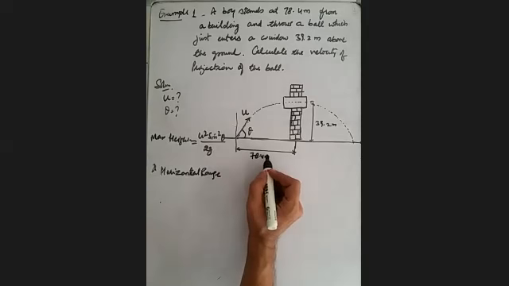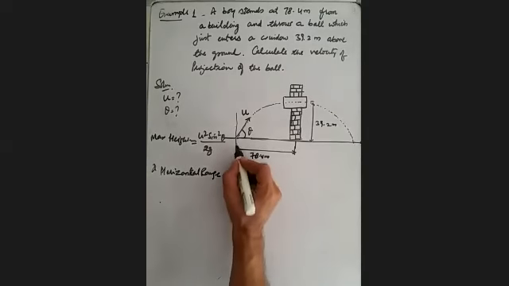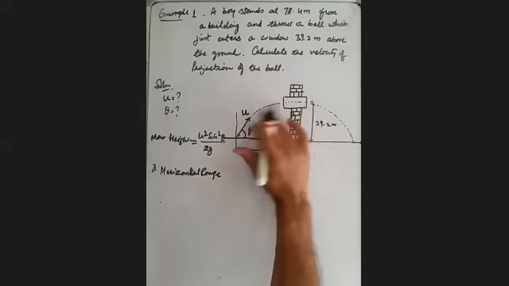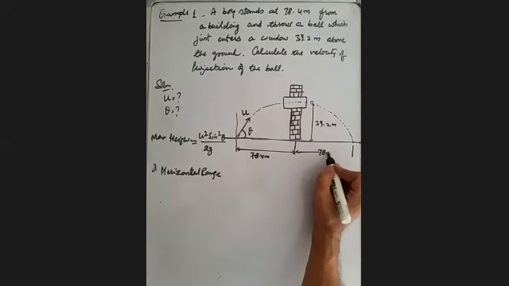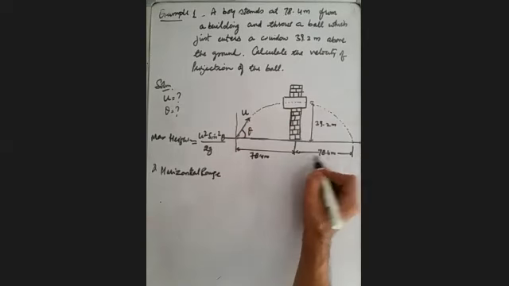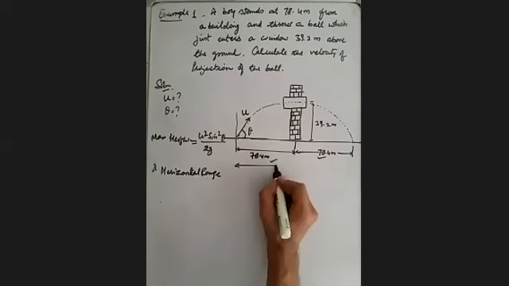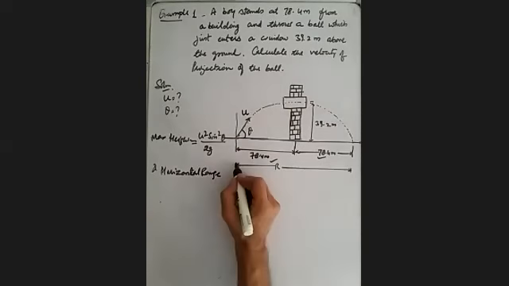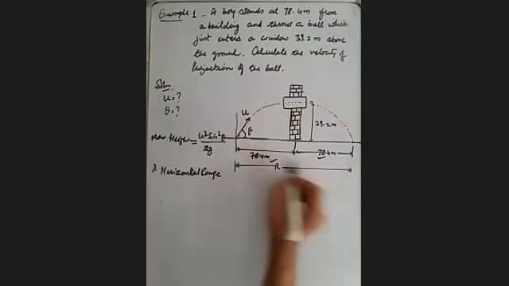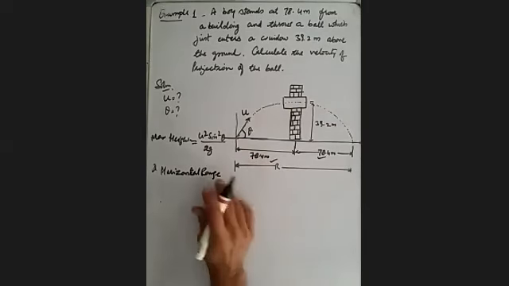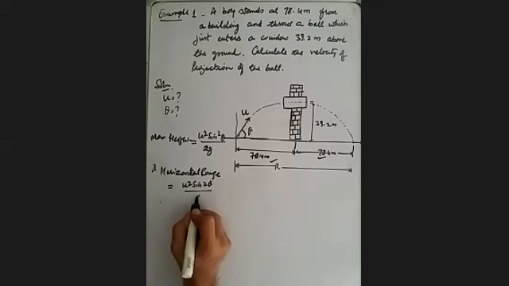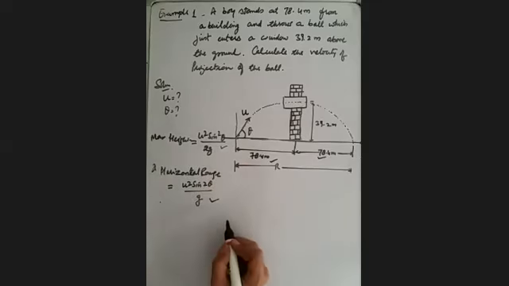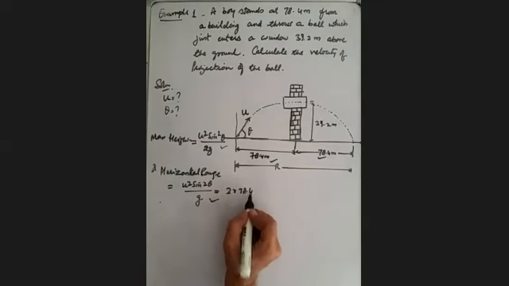And for the horizontal range, this is the distance from the building from which he throws the ball. We know the path is symmetrical on both sides, so the distance where it lands on the ground from the building is also the same. So the total horizontal range, from the point of projection to the point where it touches the ground, is given by the expression u square sine 2 theta divided by g. So we got these two expressions and we know the value of this. It is 2 into 78.4 and we